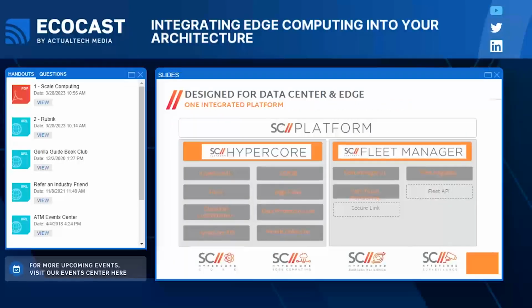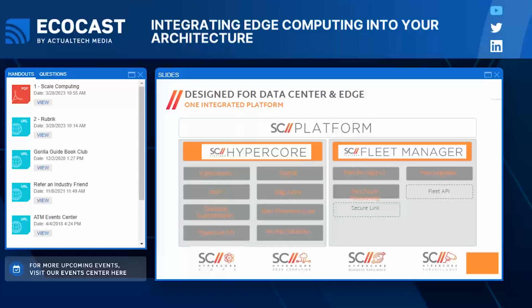We talked about this again. It's an integrated platform designed for the edge, so you're getting from one vendor the on-premises piece that's running your applications and all the capabilities built in out of the box. No separate hypervisor to go out and license, no integration to do on your own, as well as full automation to do that. So we talked about the fleet manager with the central monitoring and management.